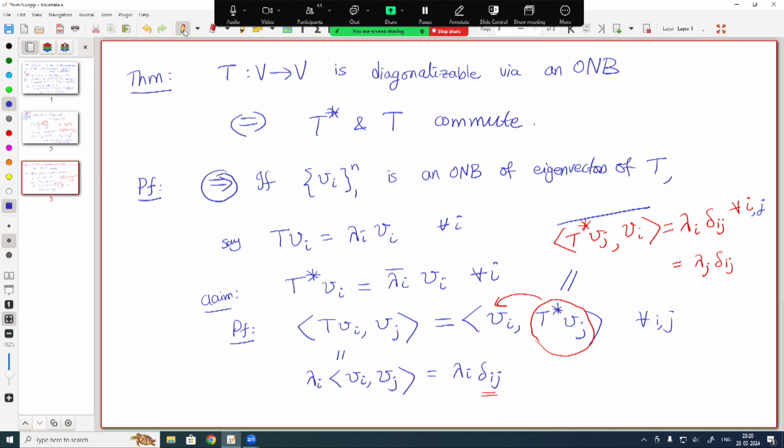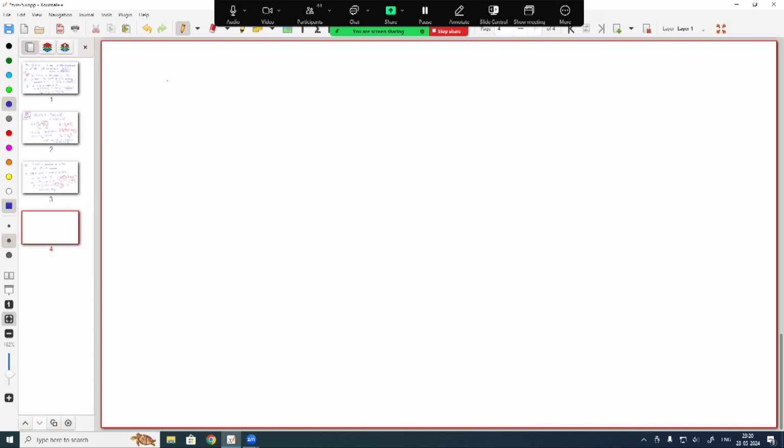Okay, so now we are done, because this equation here is telling me what T star Vj Vi is. Let me take bar on both sides of this equation. If I now take bar on both sides, it tells me T star Vj is that vector whose inner product with every Vi is given by this formula. This is true for all i and j. So for all i, let me think of j as fixed. That tells me what T star Vj has to be, right? What is that vector which is